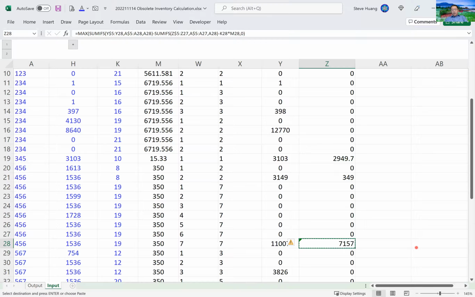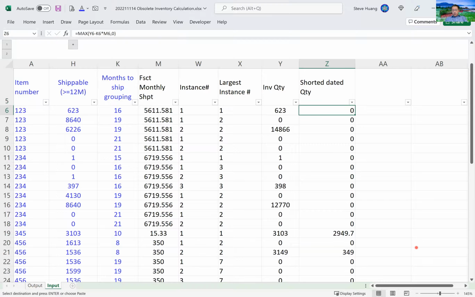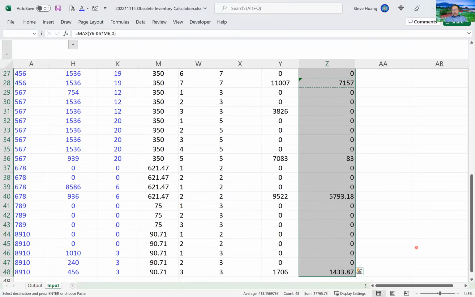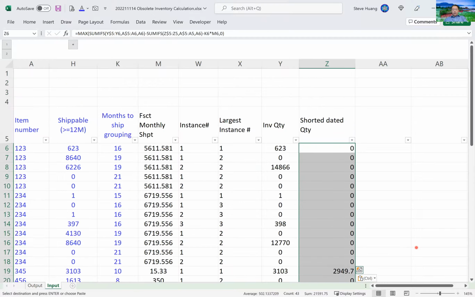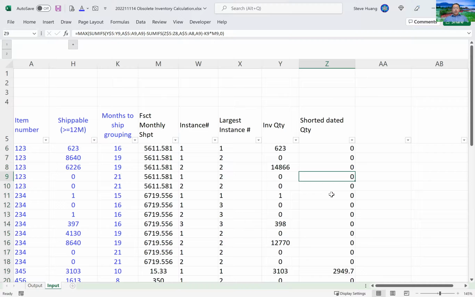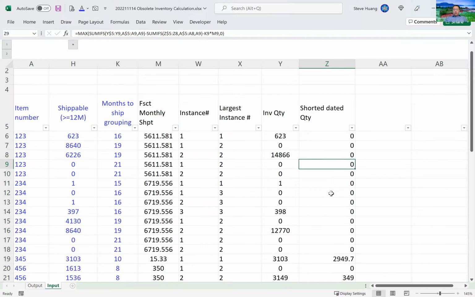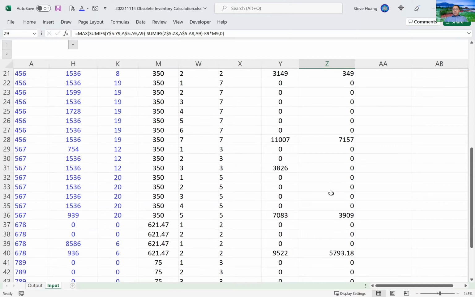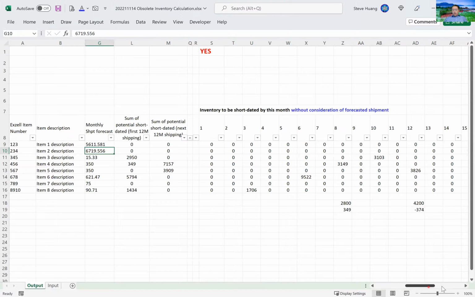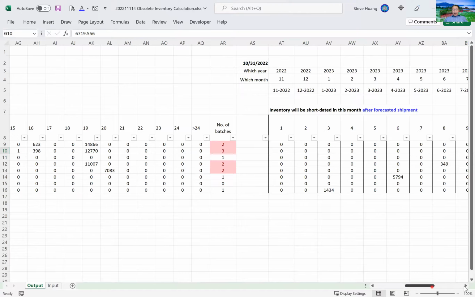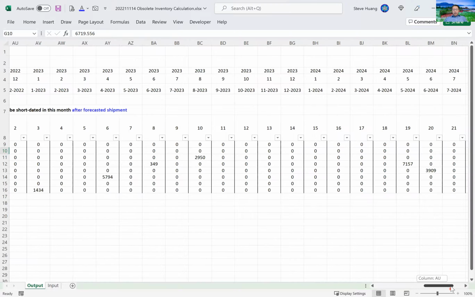7,157. Now I can copy that formula to the rest, and it will use the same logic to calculate. So now this result will be very similar to what we did in the part 1 video. In the part 1 video, we had those calculated horizontally. You see we have that 7157 in month 19 for that product. And here we have the same thing,